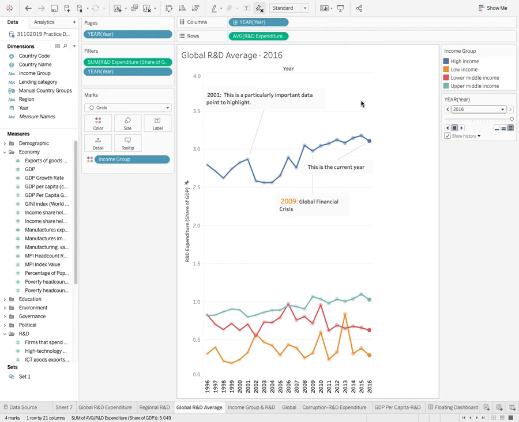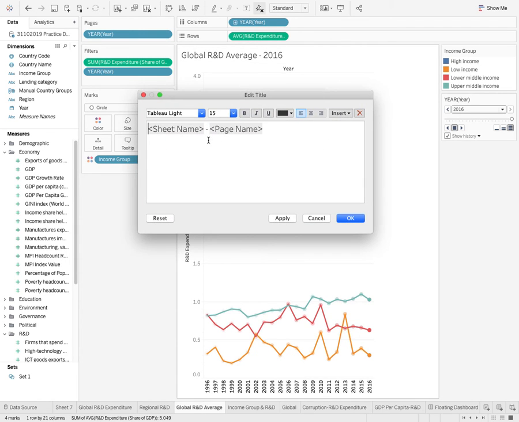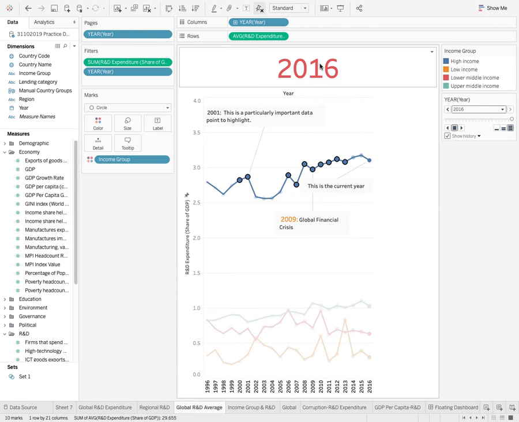So there are other options, like if you want to make your chart more beautiful, like you want to show the year in a different color. Okay, so let me select this, and I'm going to bring it to the center, and then I'm going to change the color of this. I'm going to make it bold, and I'm going to increase the font size to 48. Then I'm going to apply it. And then I'm going to